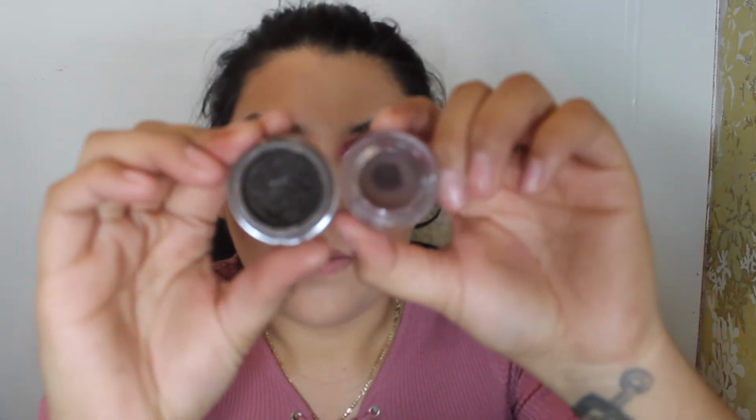Another alternative that I always used to use until I bought this one, it's the Salon Perfect Done-in-One Brow Pomade, and I use it in dark brown, and it's very inexpensive. It's about, I don't know, $5-6 bucks. It's not much at all. So same exact thing. The only thing is it's a little bit smaller. I mean, it's not exactly like Anastasia. It doesn't compare because it's a drugstore, but this is a very good drugstore brow pomade. So these are the two